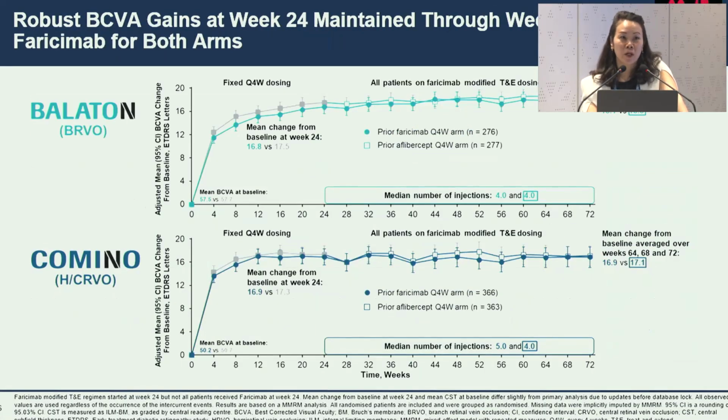Now, this is a very important slide, of course. We're always interested in visual acuity gain. And I want to bring your attention to even the first 4 weeks, which means the first injection. You can see the dramatic improvement in visual acuity in both the Balaton and the Commonwealth trial, and this is really well maintained all the way until week 72, even on the treat